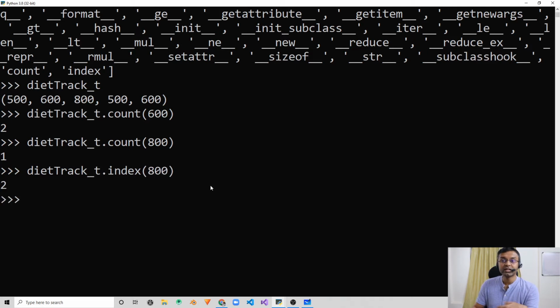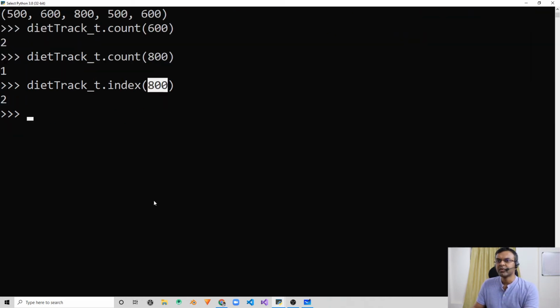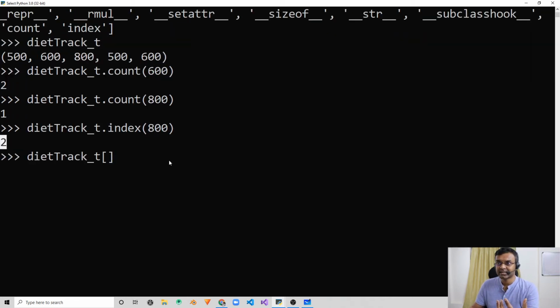By doing so, it returns the index number at which the value 800 is present in the tuple. And since we have the index number, we can say 2. See, for accessing the data, we are still using square brackets, just like when we use a list, right? So now when we say diet track underscore t of index 2, it returns the value that is present at index 2.